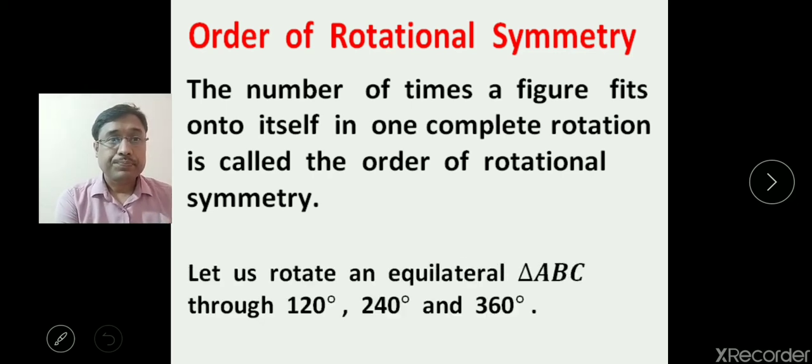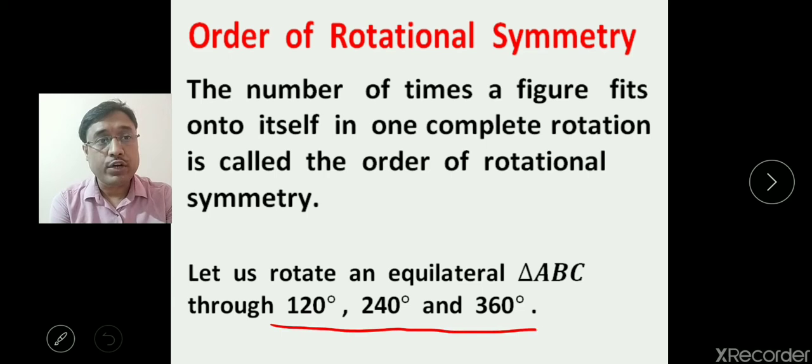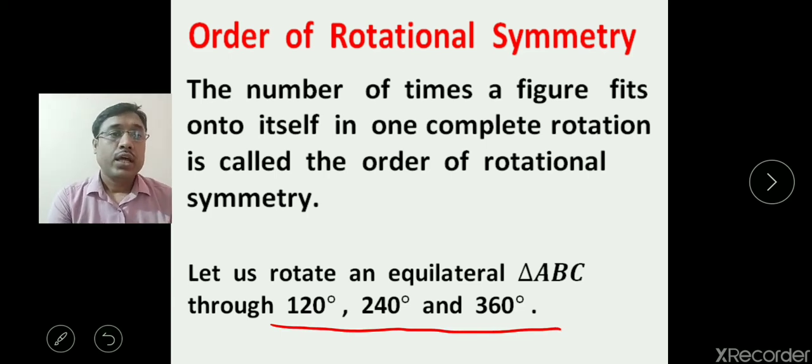Then let us rotate an equilateral triangle through the given angles 120, 240 degrees and 360 degrees, because we know that by rotating the equilateral triangle through these angles, it will take the original fitting, that means original shape. It will fit onto its original figure, which is the initial diagram, you can say. Okay,